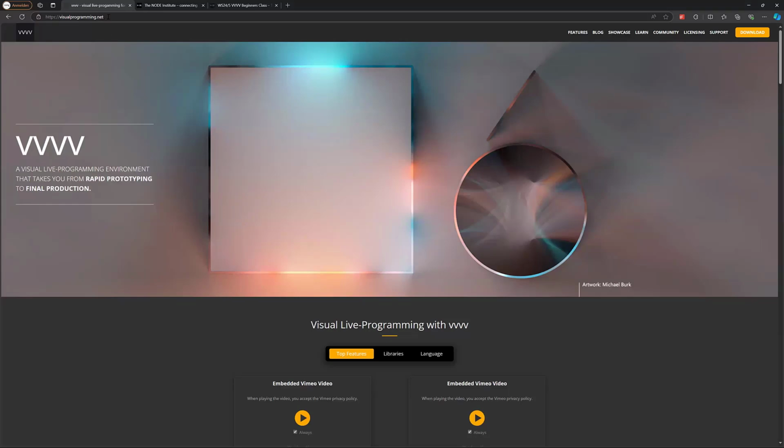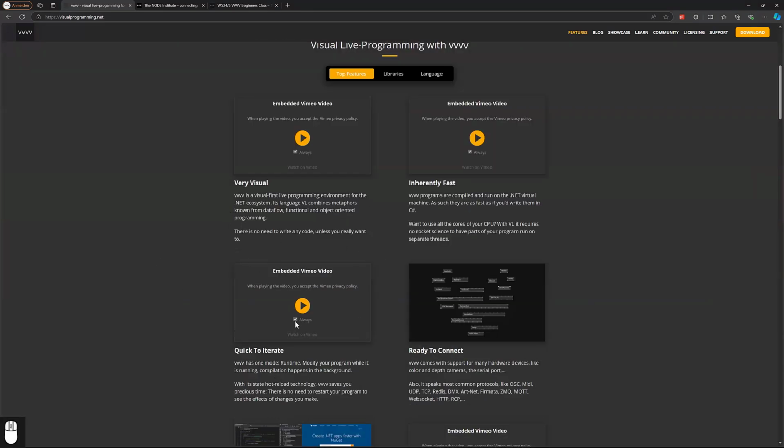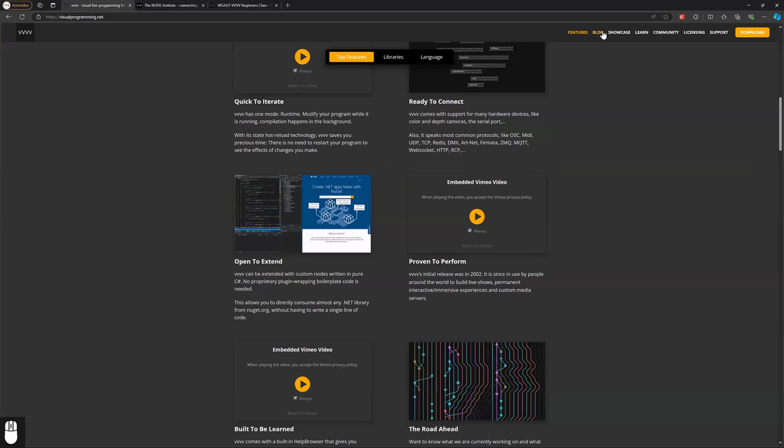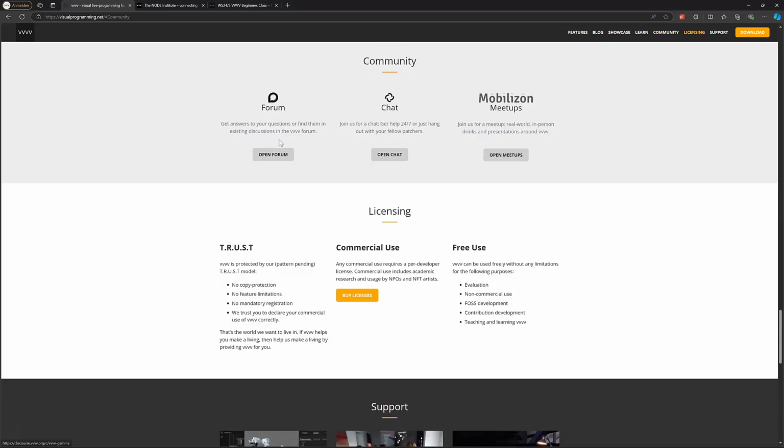The way you can get it and where you also get the help is just visualprogramming.net. Quite a fitting domain. And on this website, you also find some nice projects and more insights. You find the blog, showcase and the community. Like I already mentioned, you have quite a good community that's open to help, and you have a nice forum and the element chat, where you always get help